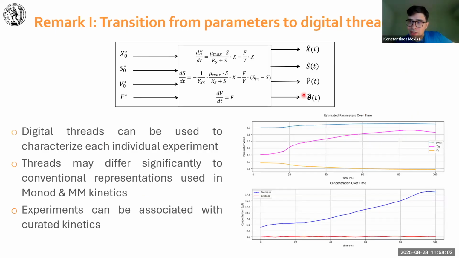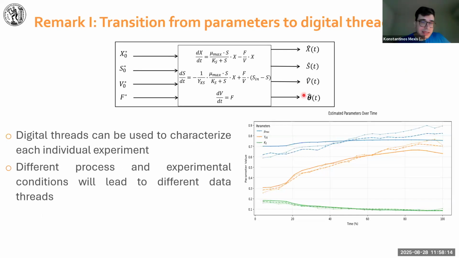First, we move from fixed parameters to digital threads that capture individual experiments. These threads may differ significantly from conventional representations. We can see that different process and experimental conditions could lead to distinct data threads. The digital twin provides process-aware and condition-dependent insights, and experiments could be linked to curated kinetics, connecting strain design to process